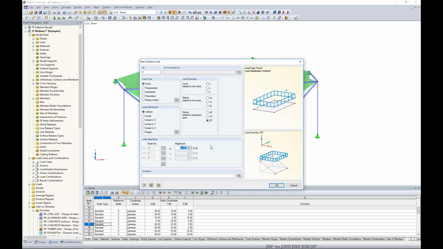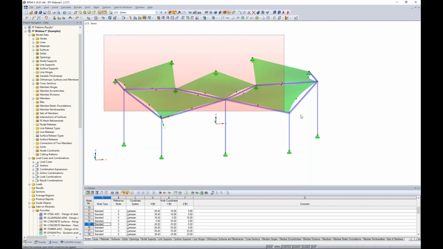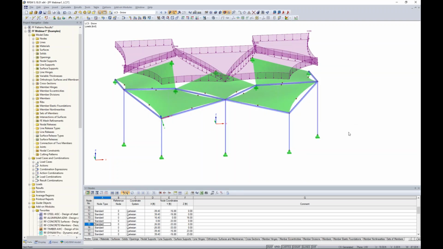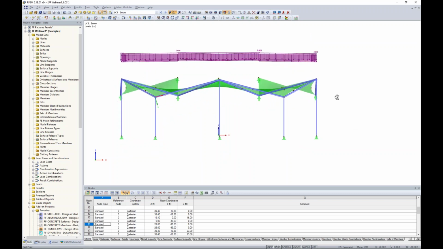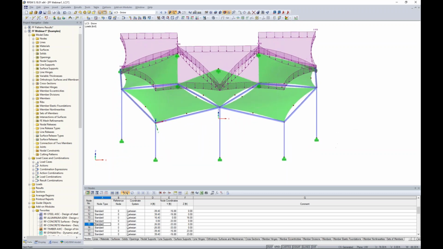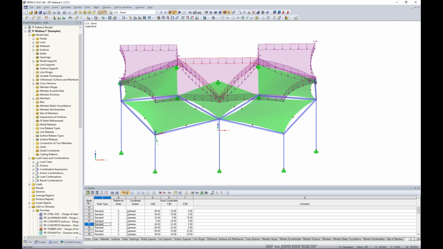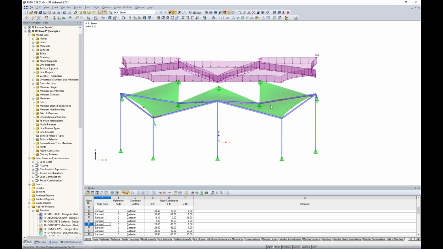I'm going to apply a fairly small magnitude here. Let's say we're in an area that we're not too concerned with snow loads, but we want to apply 6 pounds per square foot. So when I click OK and I highlight over all of these members again, the advantage of a projected load is it will take into consideration those inclinations of my surfaces. So areas where we have high inclinations, that's where we're probably going to see the snow slide off essentially. The program will account for those angles, but at these areas where our membranes are relatively flat, we're going to see